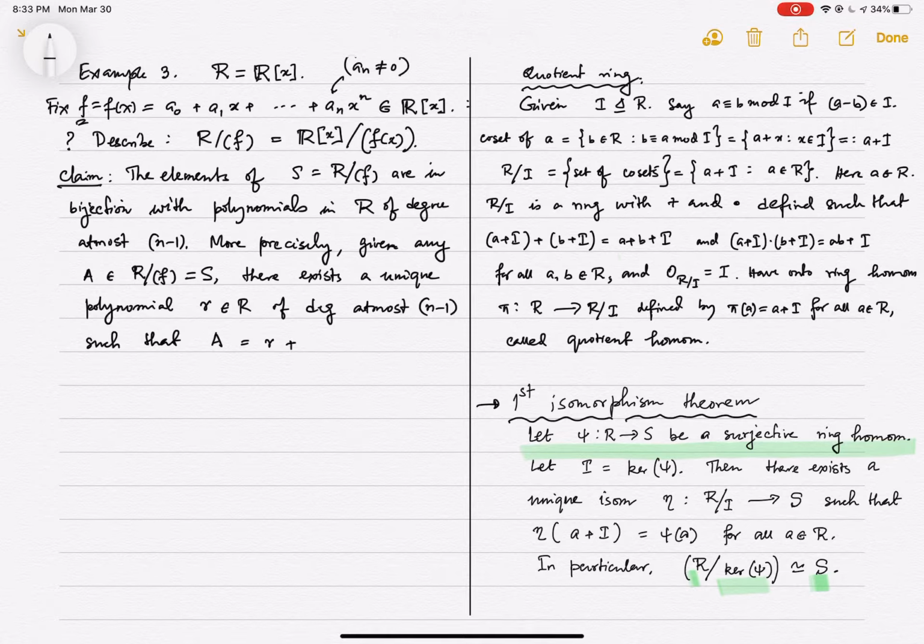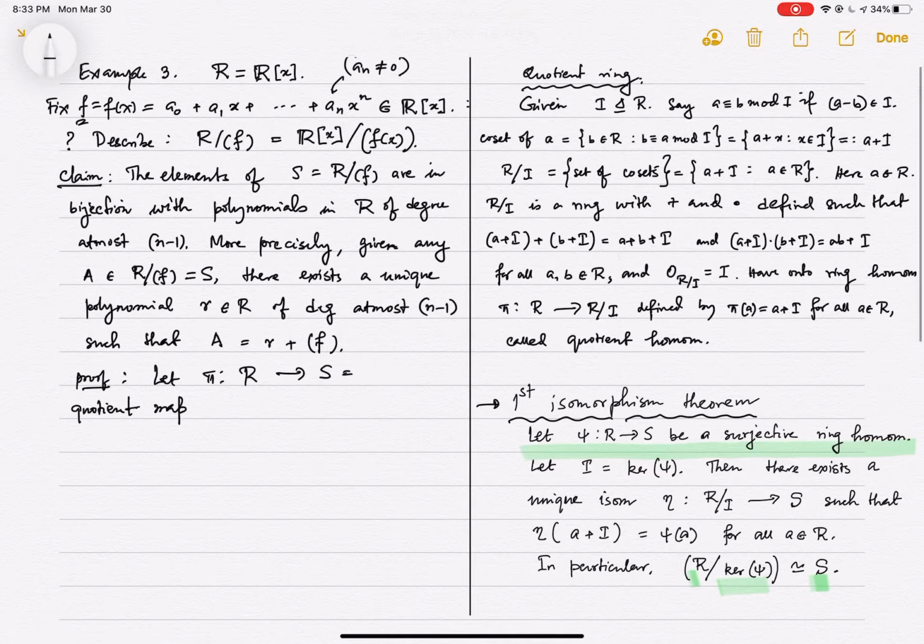So every coset can be uniquely represented by a polynomial of degree strictly less than n. And let's try to sketch a proof of this. So let phi from R to S be the quotient map. Now S is